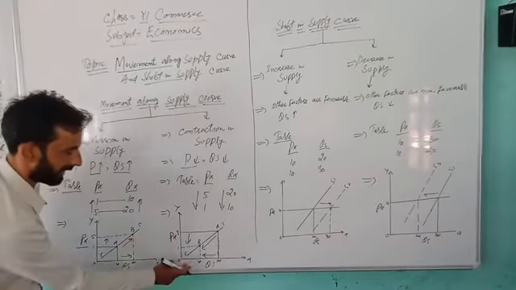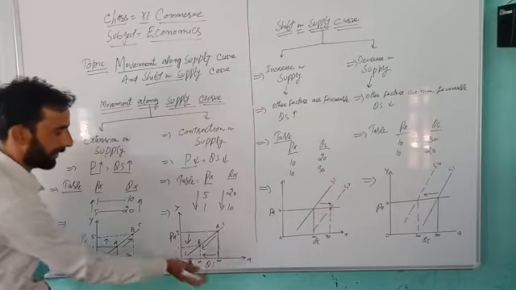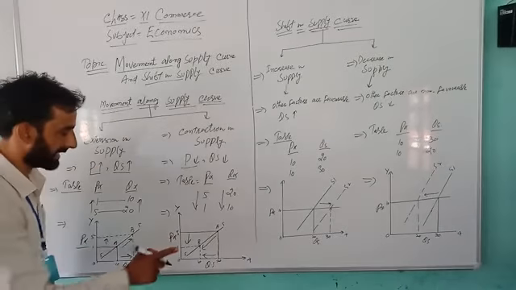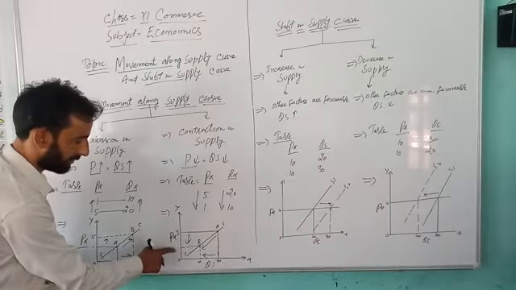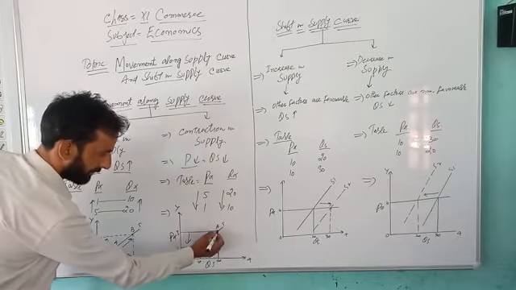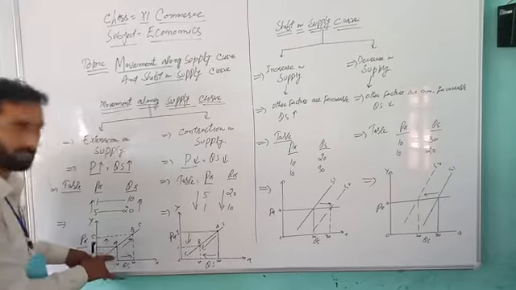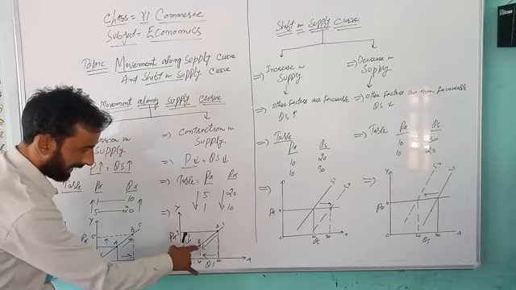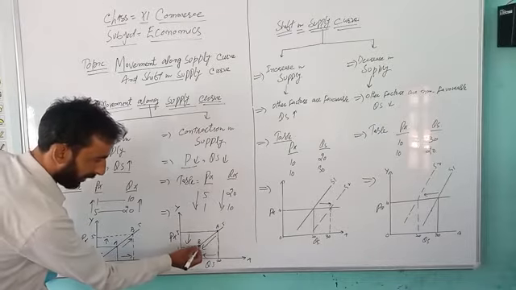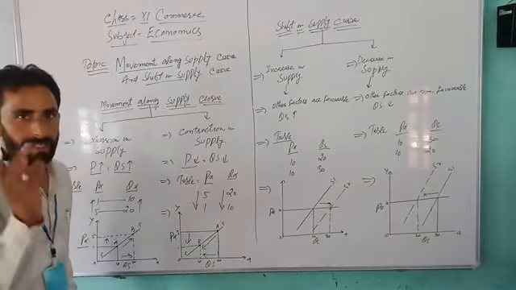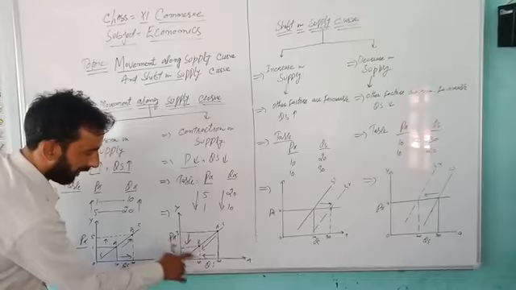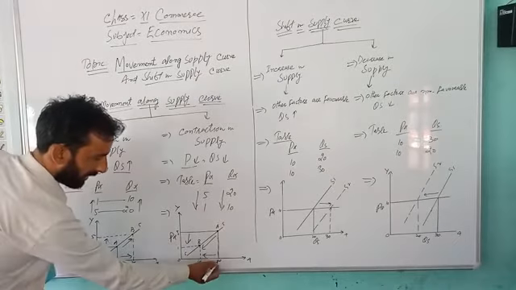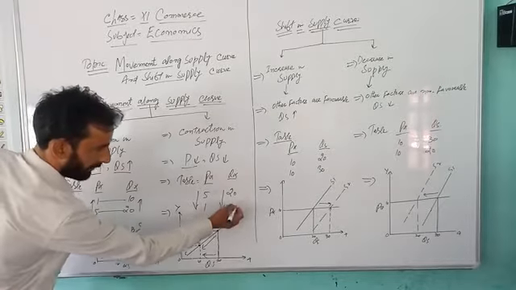It is also mentioned here that on the OX axis we are measuring QS, and on this side we are measuring PX. P is 1 and 5. This original one, A is there. It is the inverse of this one. A is the original point, and it comes to point B, and point B is the contraction. Means price is falling, quantity supplied is also falling from 20 to 10.